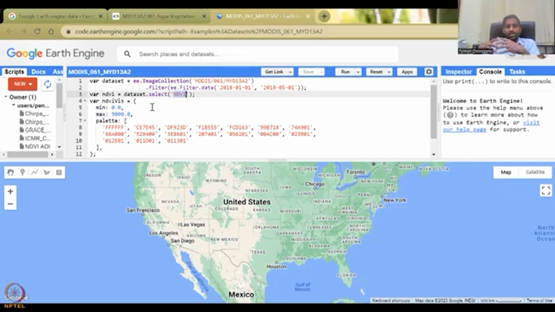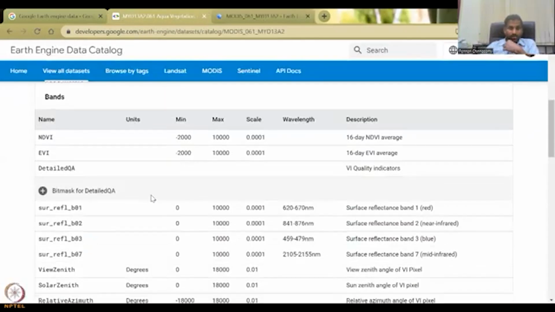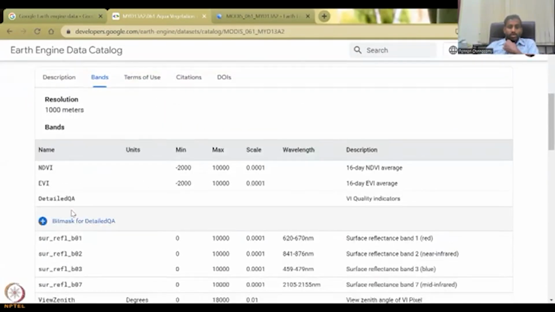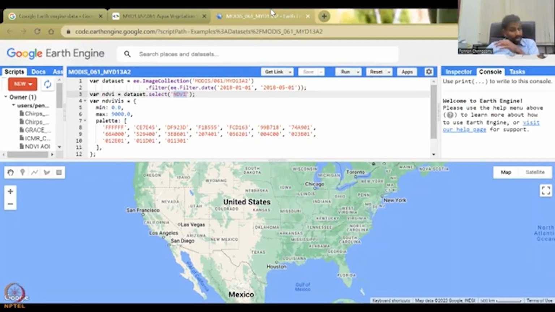We're defining the data set as the image, and within the image there are multiple bands which are given here, and the band name. So this is not a band name, only these two are the band names. So you can type whatever band you want, either EVI or NDVI. We have typed NDVI, and it will do the mean. The mean from 2018 to 2008,